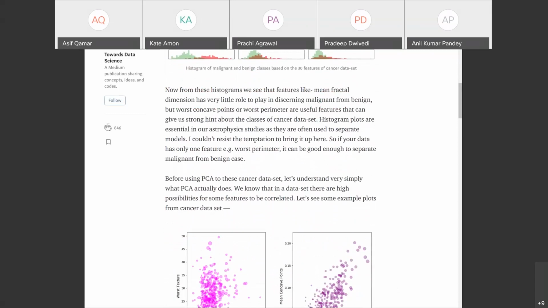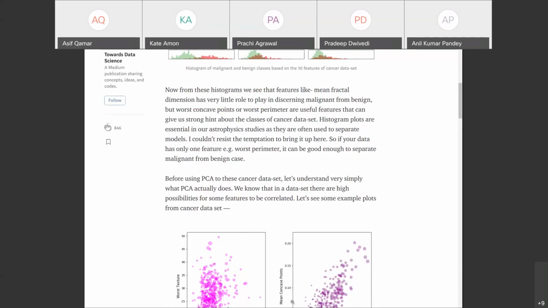Let's look at this feature: worst symmetry and worst texture. So find tissues with the worst texture and the worst symmetry. What do you notice? Is there a correlation between these two features, guys? Are they positively correlated? They seem to be, right? The bigger the symmetry, the bigger the texture, the worse texture.